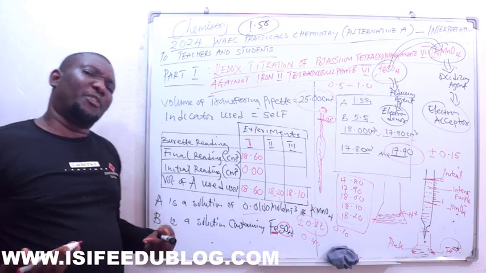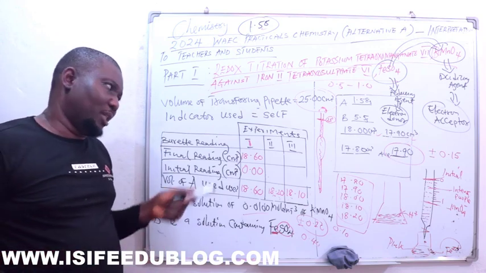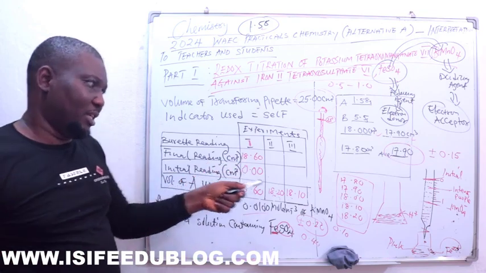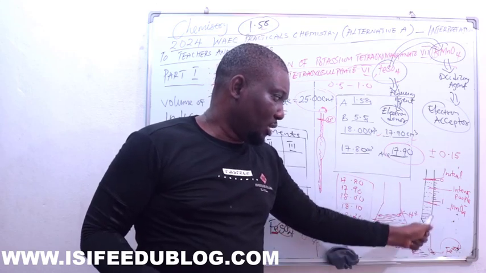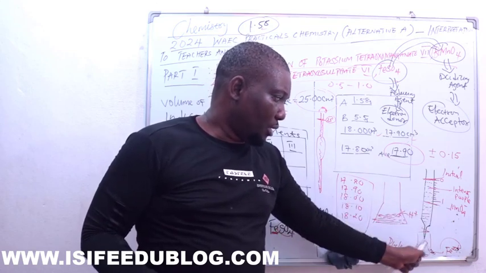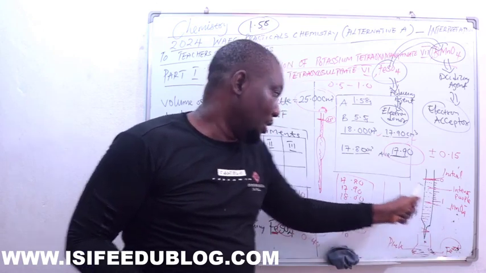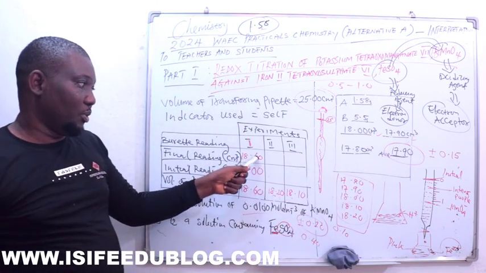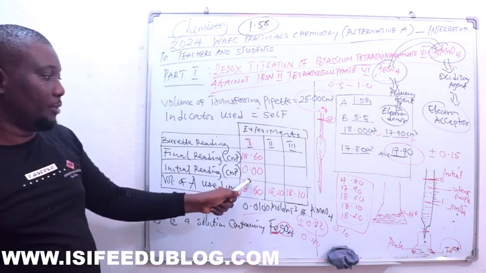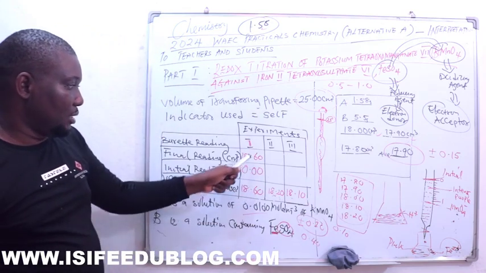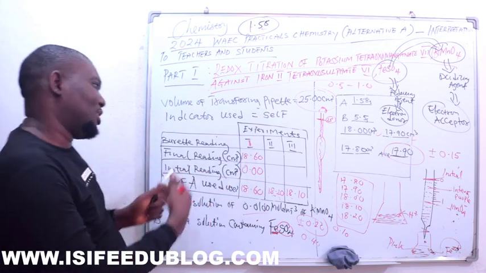So some people also prefer that after the first experiment they carried out, for the next experiment, the final of the last experiment, the point where the solution changes color, becomes the next initial. Let's say this is where it changes color. The next answer of the range is 18.60. That is the final, and this one is this one. So that means this is this level. Here, some people prefer that in the next experiment,